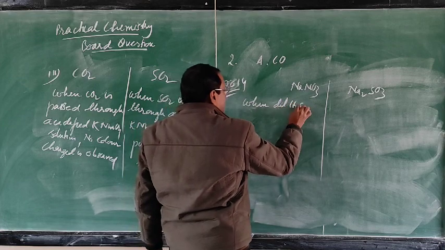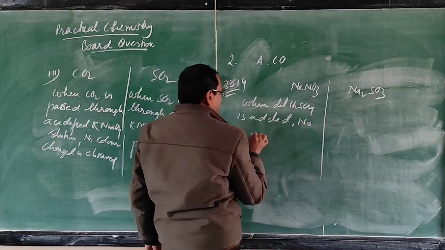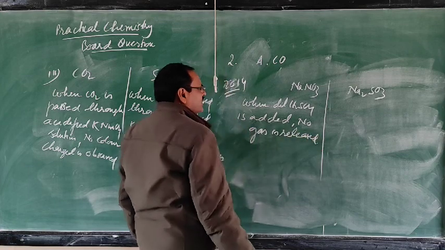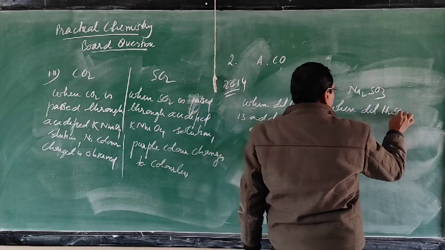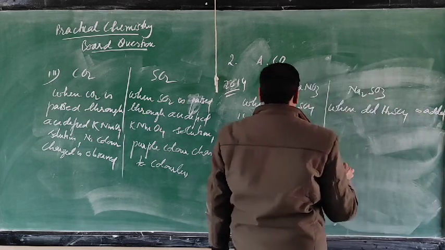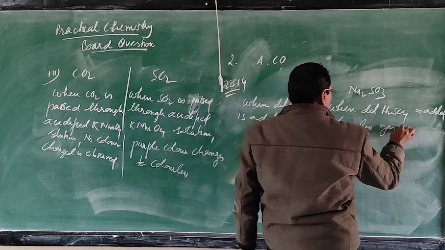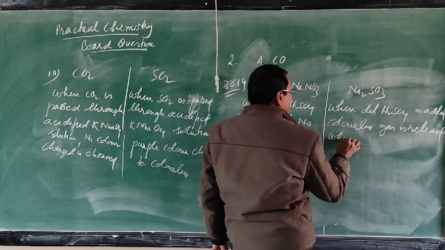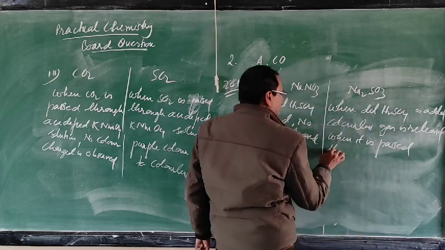So when dilute H2SO4 is added to sodium nitrate, no gas is released. Here, when dilute H2SO4 is added to sodium sulfide, then a colorless gas is released. When it is passed through